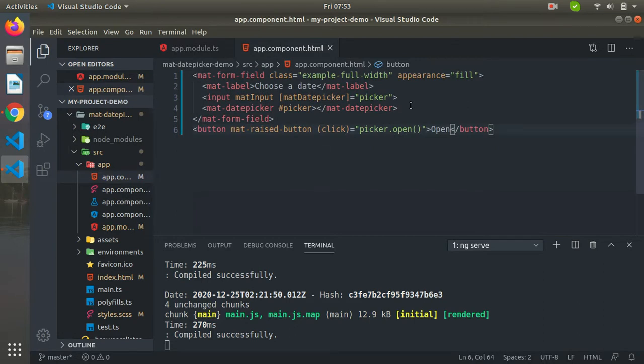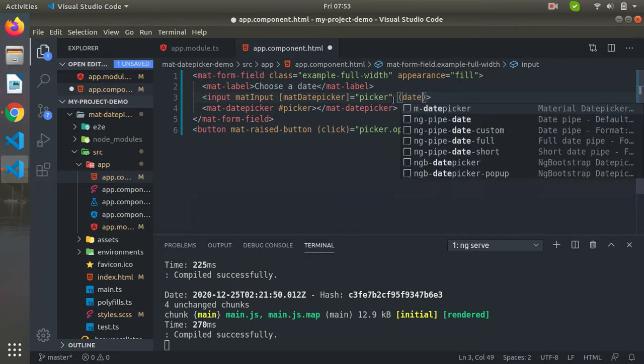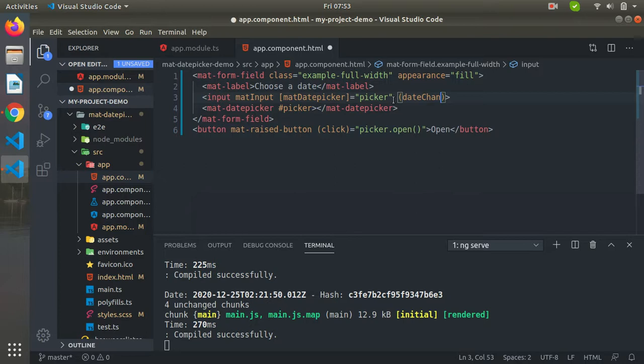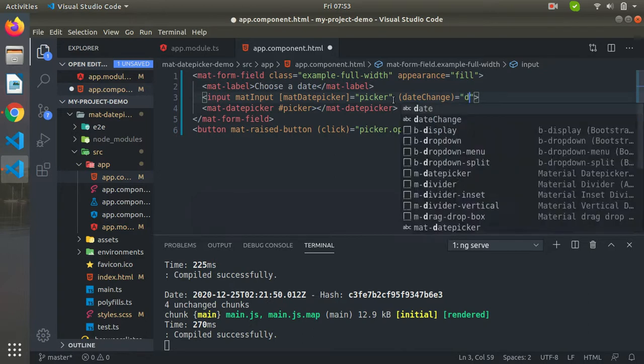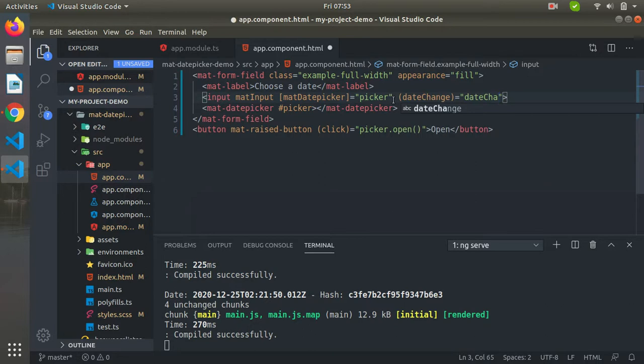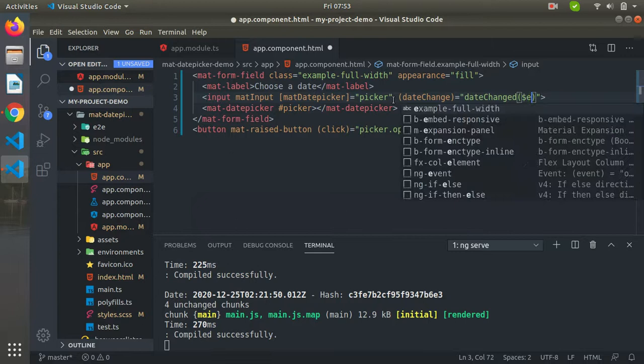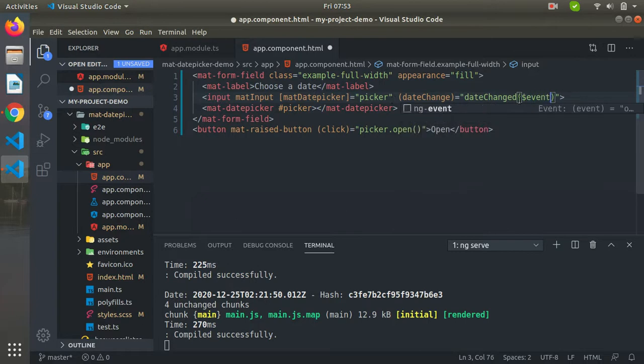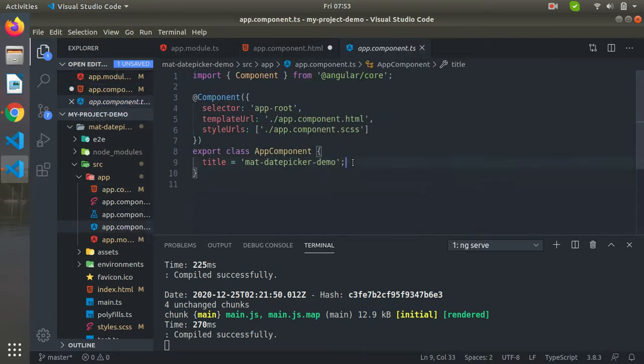So one more thing, we can add a dateChange event binding. Here you can give a function, I'm going to give dateChanged. We have to pass $event, and also I'm going to get it into the app component TS file here.